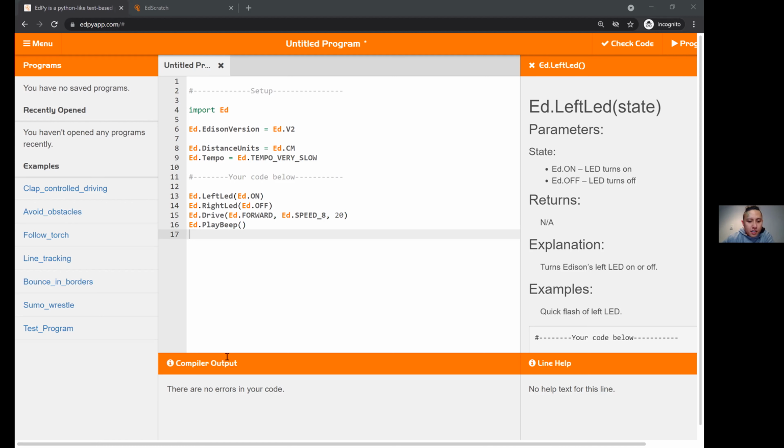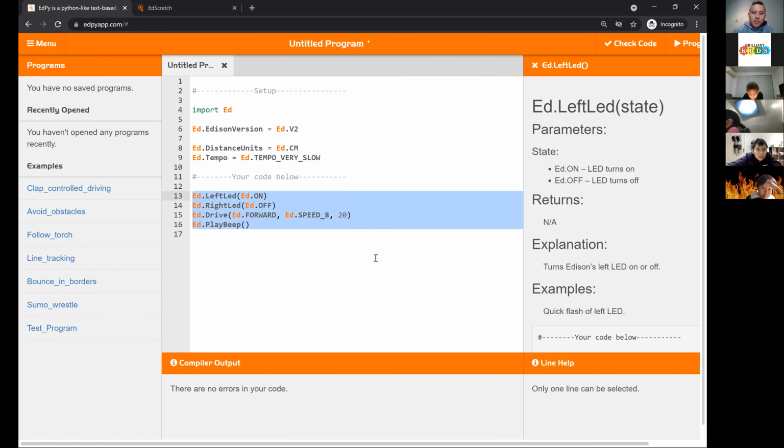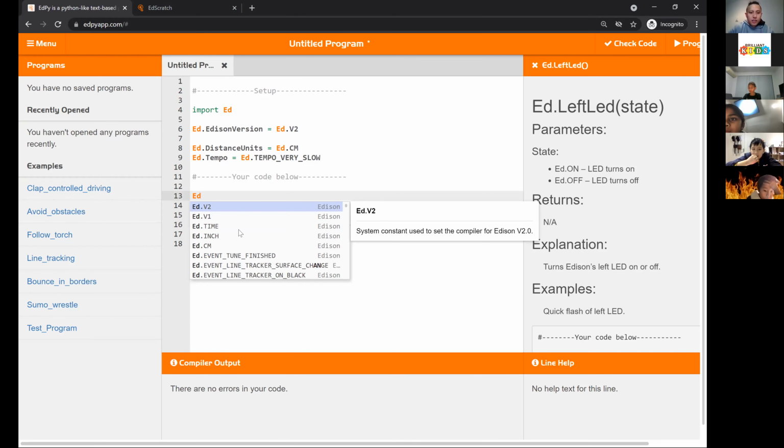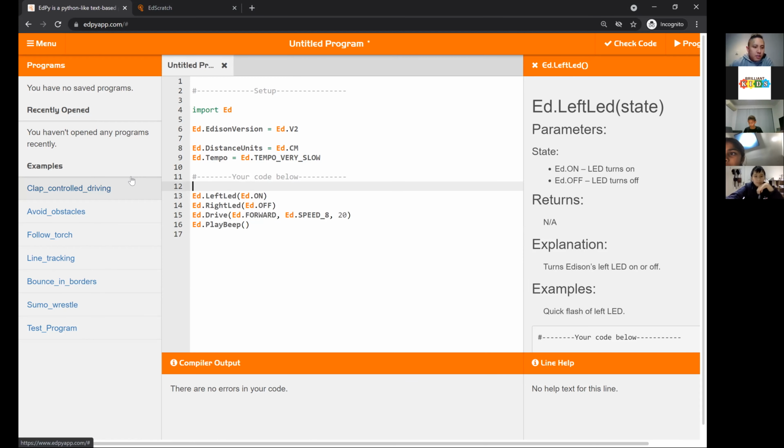Okay, I assume everyone is done or managed to get something working. If you are all struggling, just make sure the spelling is correct. That's pretty much all I can emphasize. Make sure the dots are in the right place. Make sure the spacing is correct as well. Python is very case sensitive and character sensitive, so everything has to be in the correct order. There's autofill, for example, here it tells you what the potential options are. You can select it, which may make it easier. Give it a shot.